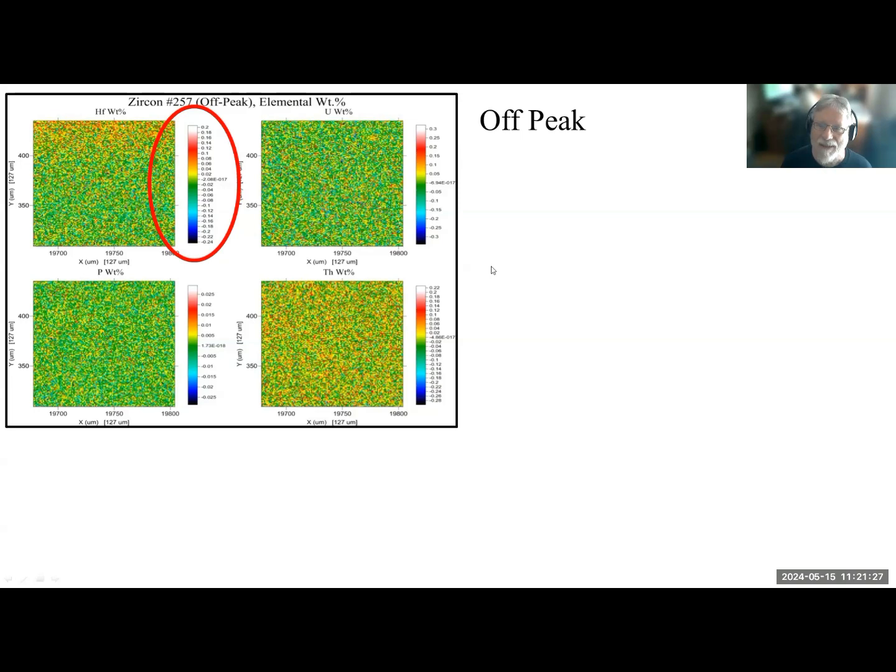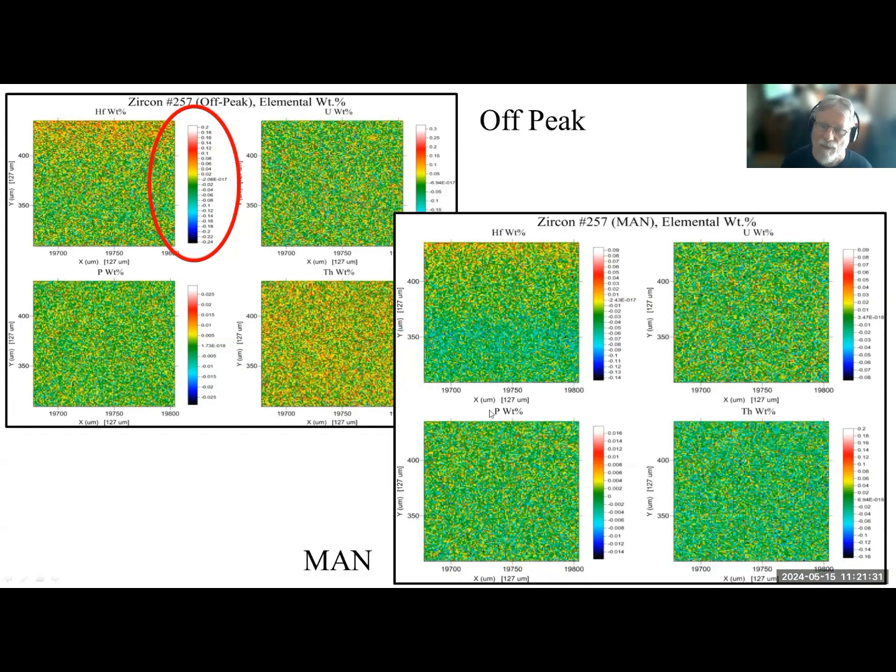And now let's take the same exact data, but now we're going to throw away the off-peak maps that took a lot of time to acquire. And now we're going to just do an MAN background correction. And you can see here now our range has gotten much better. We're only now 0.14 to 0.09. And so, in fact, we're seeing maybe a little bit more detail here in terms of the concentrations. So we've now improved our